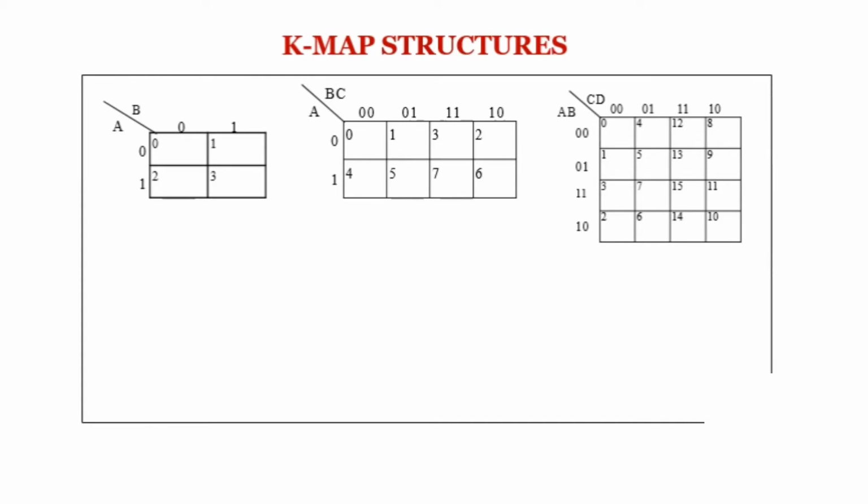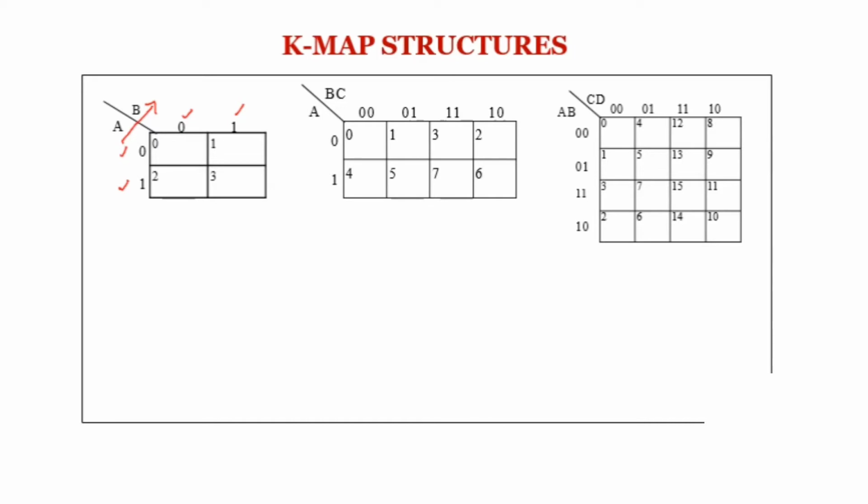So these are the basic structures of K-map. For two variables, we can see that there are two variables here, A and B. So the cells are 4, and these cells are numbered as 0, 1, 2 and 3. So these are not numbered directly or randomly here. These two variables A and B are mentioned here. So A is my MSB and B is my LSB. So A to B is the flow of my variables. A can have two values 0 and 1, and similarly 0 and 1 two values for B.